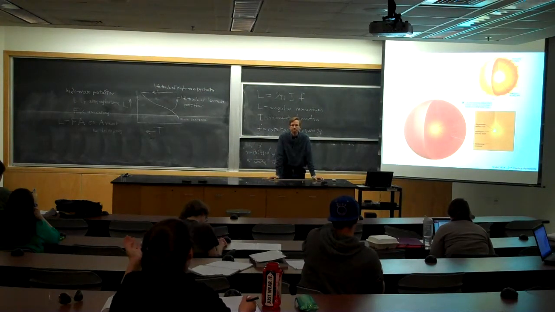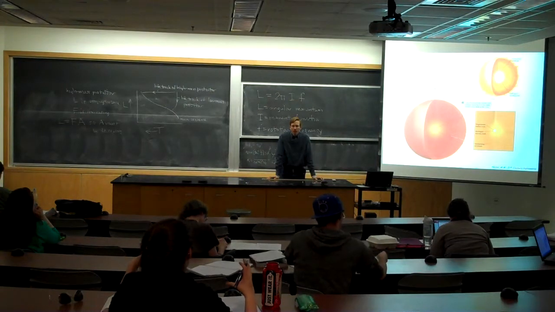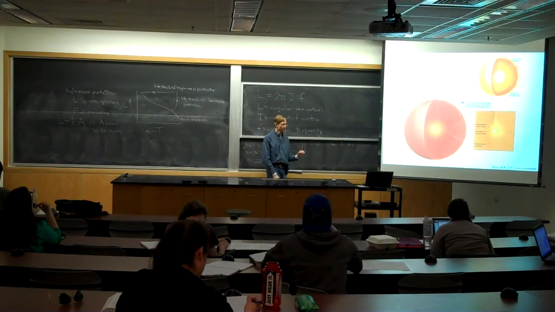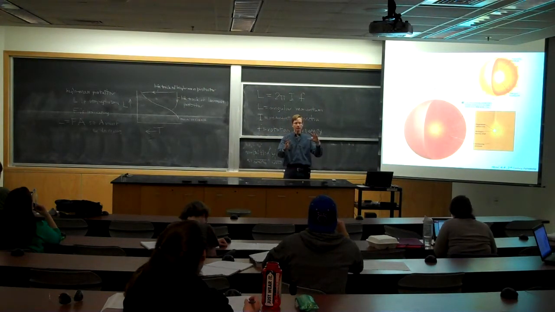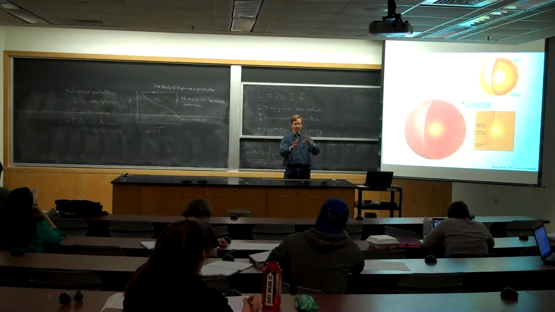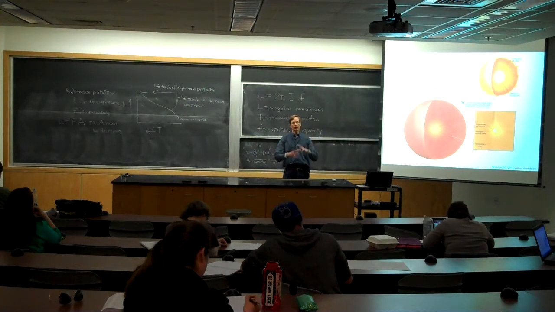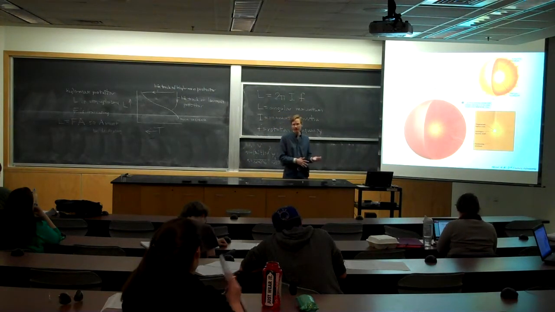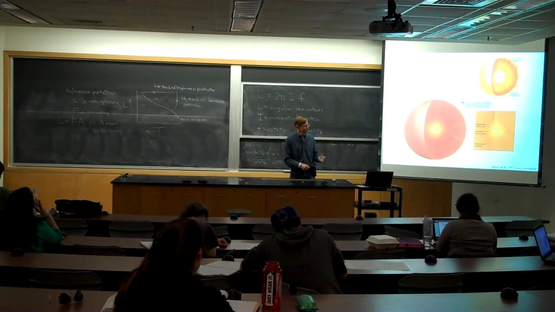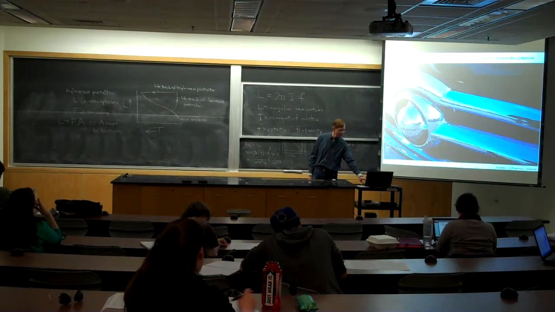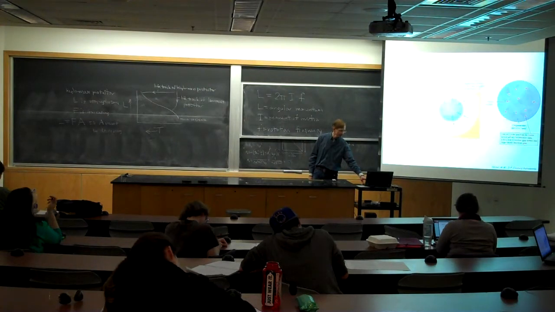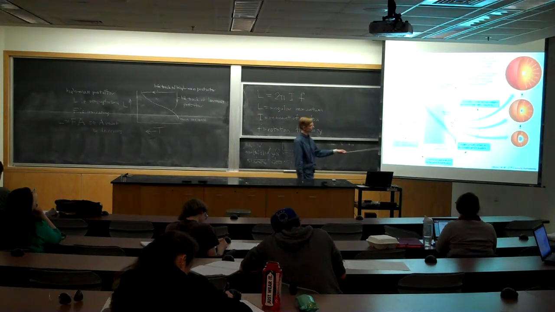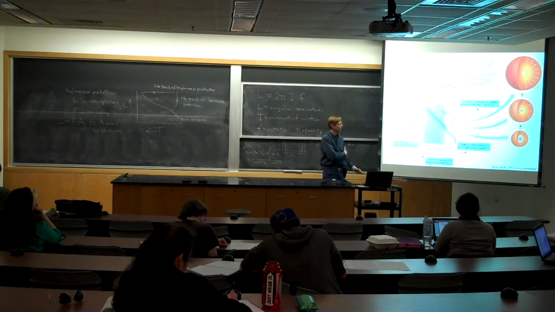Yes? Can you explain why the shells expand? Why they make the outer layers of the star expand? Yeah, so be sure you understand that what goes on is that the core shrinks and at the same time the outer layers expand. So contraction of the core is associated with expansion of the outer layers and vice versa, in fact. And the reason why a red giant does what it does is this kind of vicious cycle that happens as illustrated in this particular slide right here, where